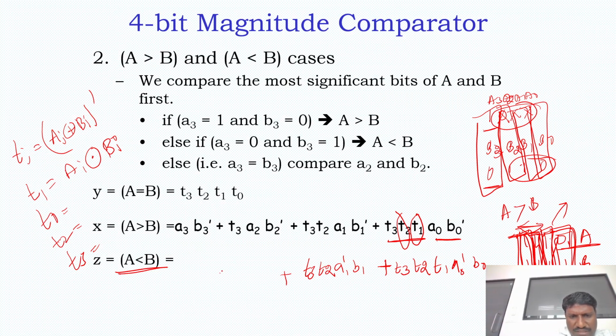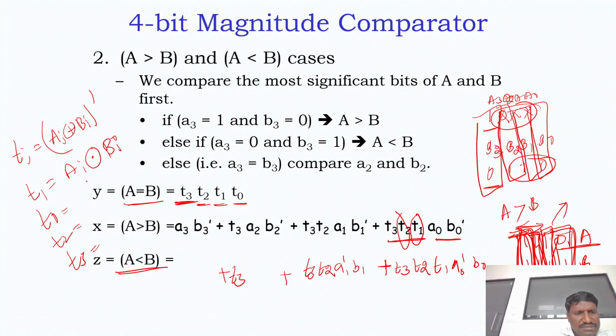Similarly, only first digits are equal. Means what exactly? T3. What is T3? Equivalence we are checking. T is equivalence. If A0 B0 equal, A1 B1 equal, A2 B2 equal, A3 B3 equal, A equal to B. Okay, T3 says